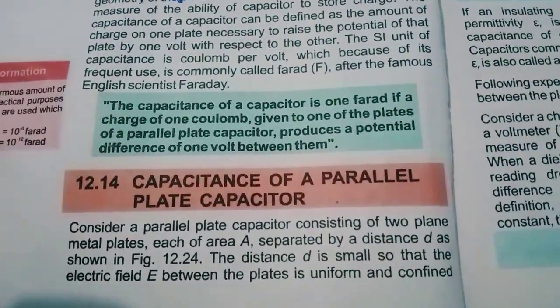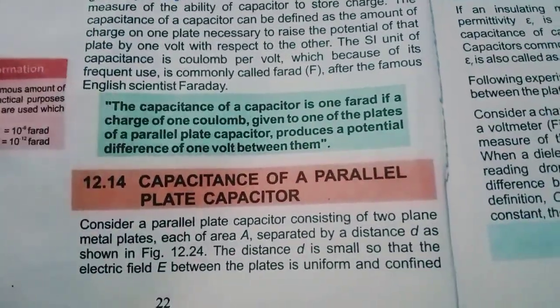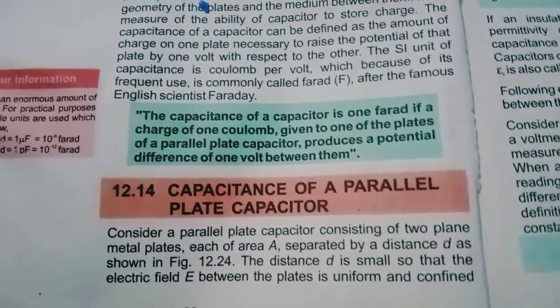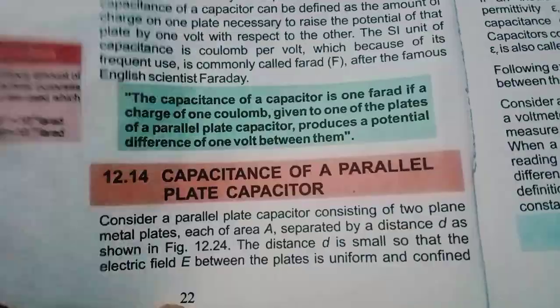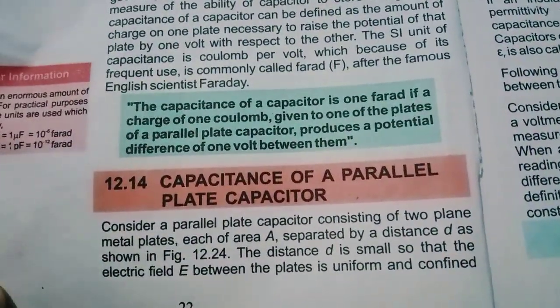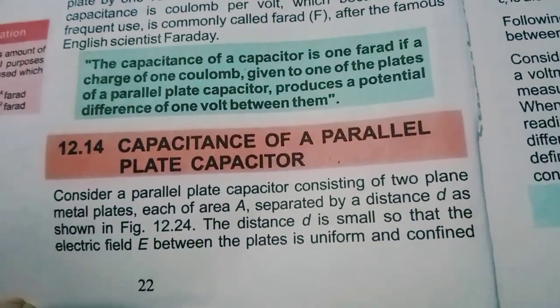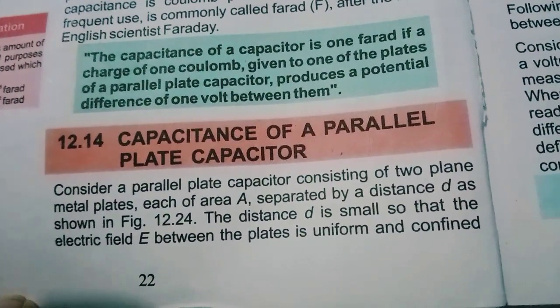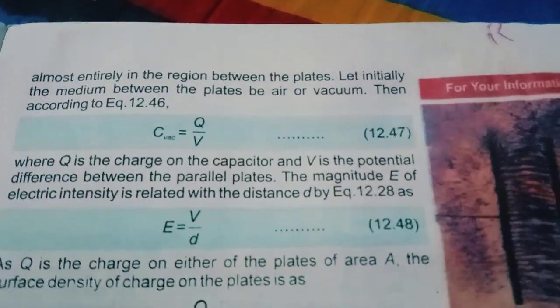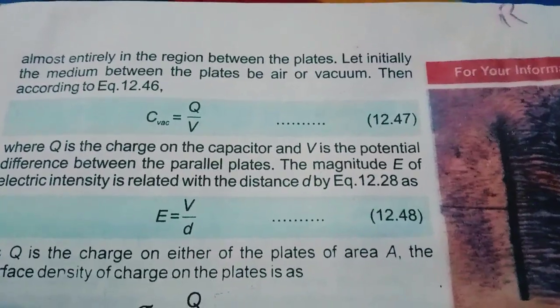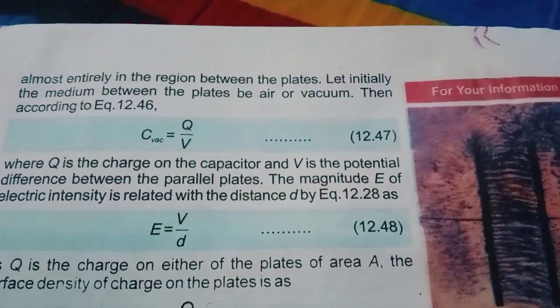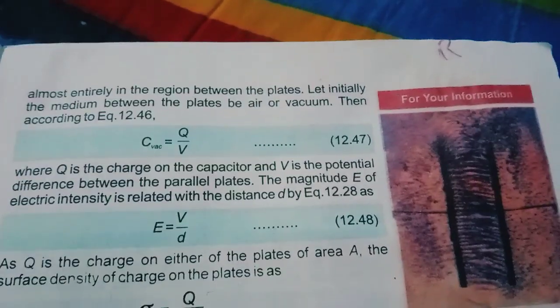Consider a parallel plate capacitor consisting of two plates, each of area A, separated by a distance d as shown in figure 12.24. The distance d is small so that the electric field E between the plates is uniform, or almost uniform, in the region between the plates. Let us assume the medium between the plates is air or vacuum. Then the capacitance C is equal to